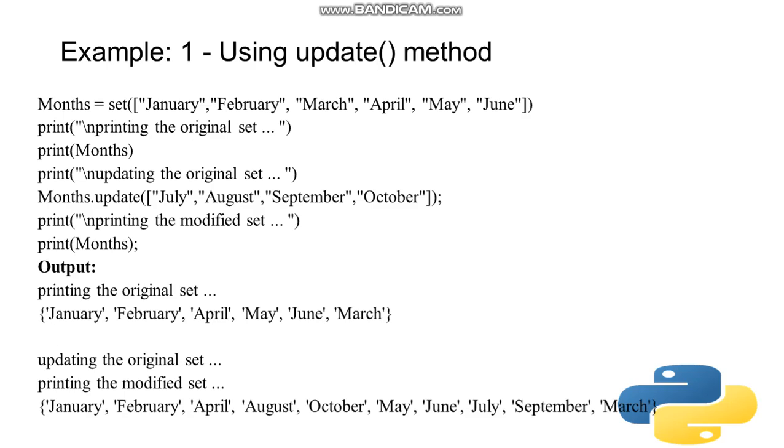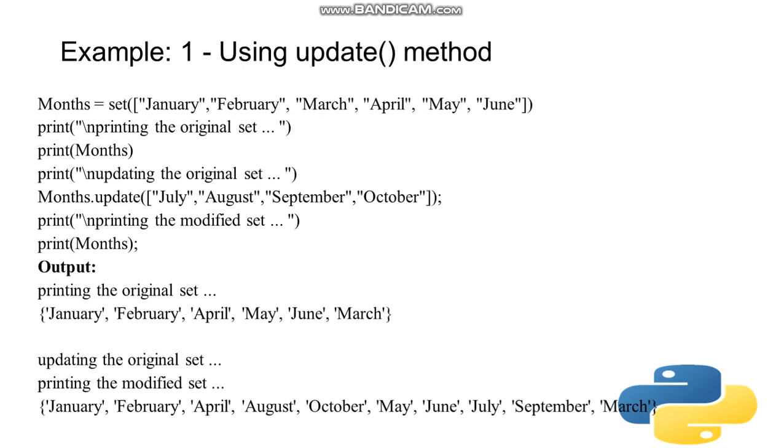Next is using the update method. As we have seen, the update method is a method by which we can add any number of elements inside the set. See this, months is my set. Before the updation I'm printing the set, then I am updating the set. I'm using months.update and I'm adding 4 months at the same time. So the output is it will add directly 4 elements in the set